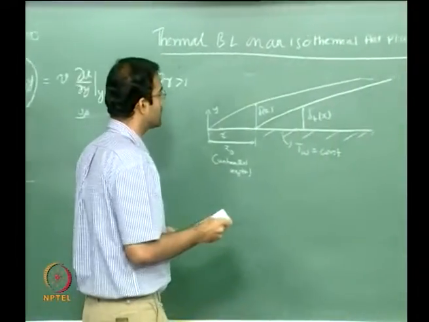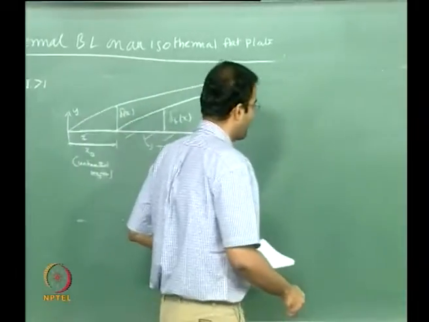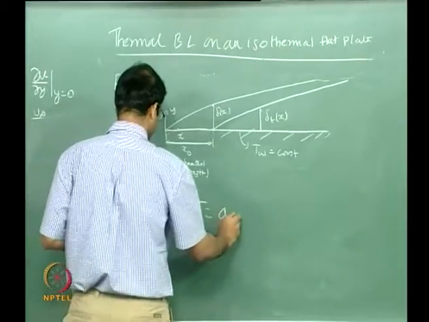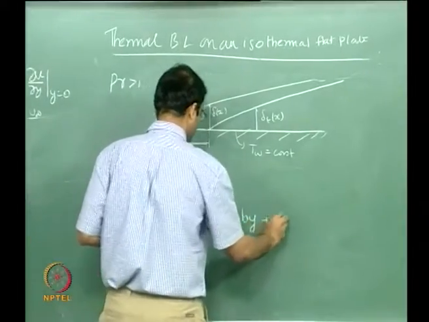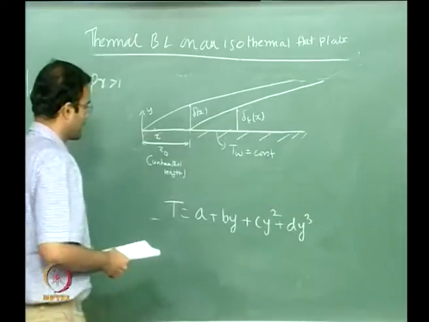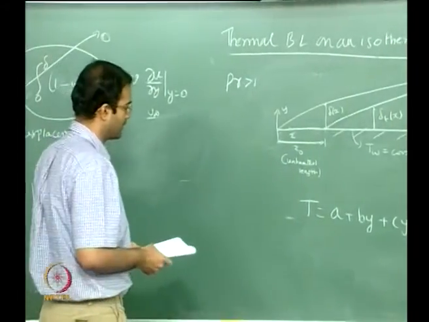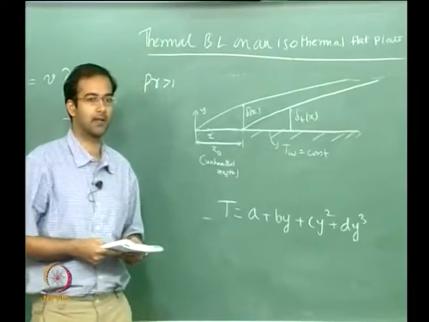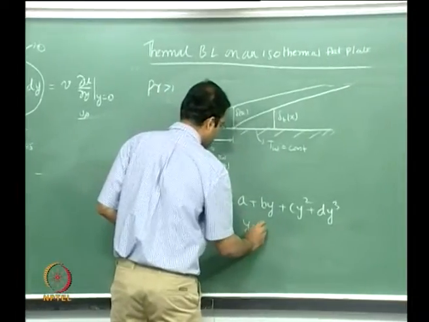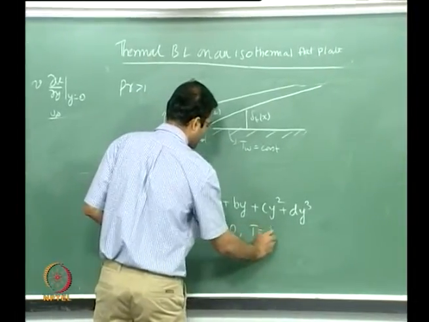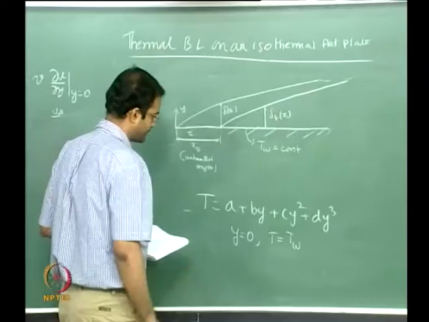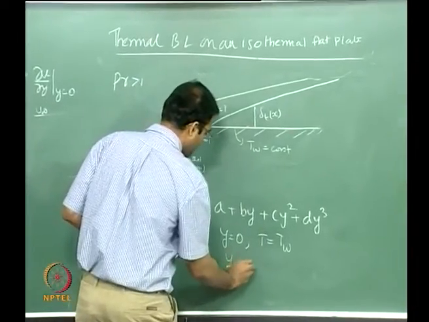So let us now also assume directly a third degree polynomial for temperature, something of this sort. Now you have to tell me which boundary conditions can be applied to satisfy this. At y equal to 0, T equal to T wall. This is still dimensional, I am not going to non-dimensionalize. And then at y equal to delta t,